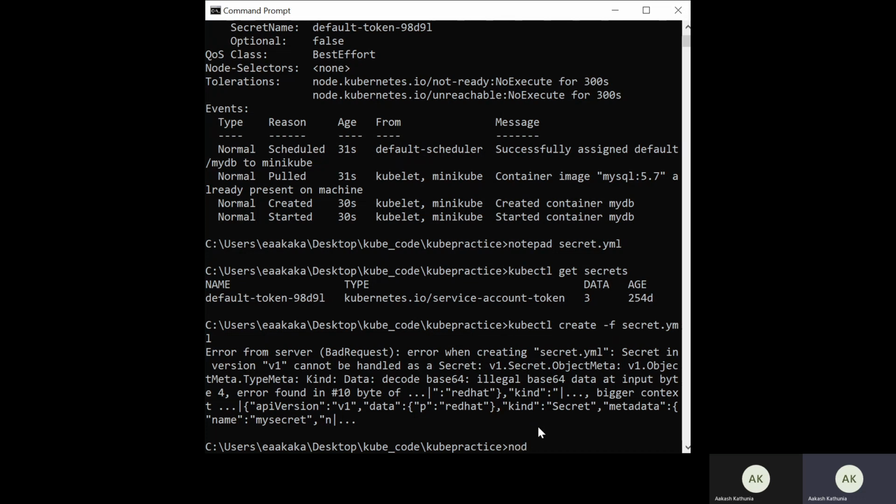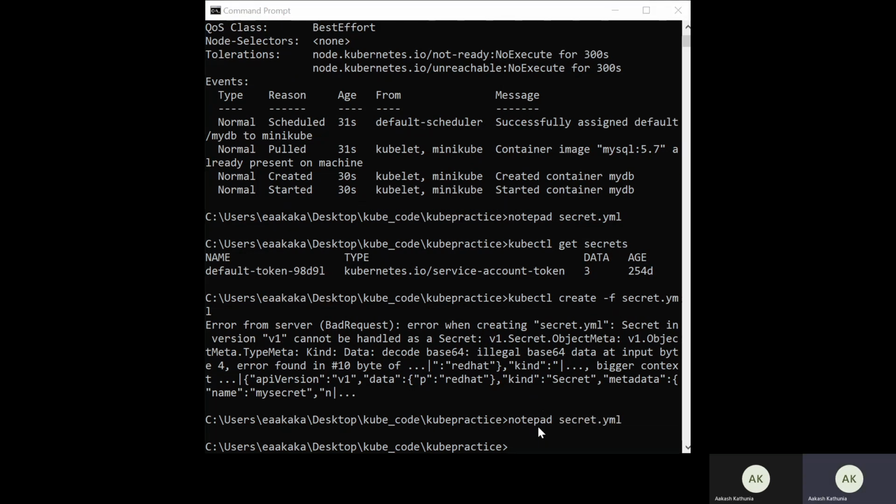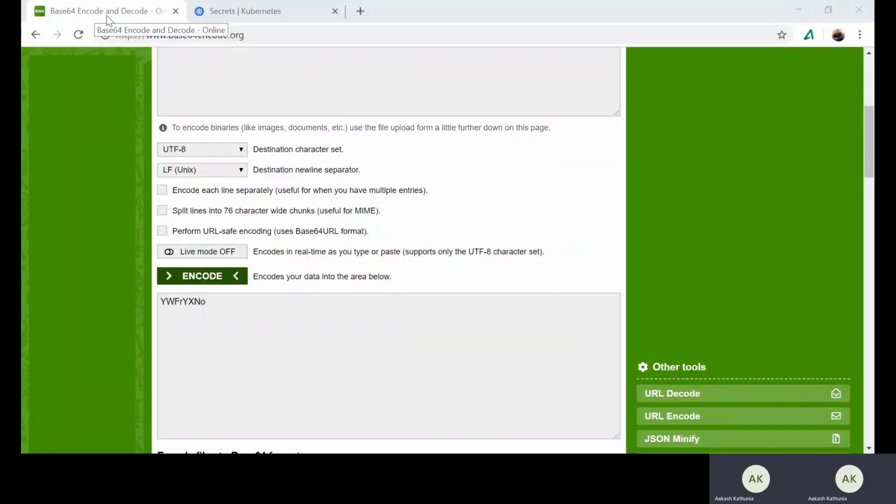So let me first open the secret.yaml where I stored the code. Before that, let me go to Google Chrome and show you how to open the base64 page. I have already opened this base64 page, if you can see.